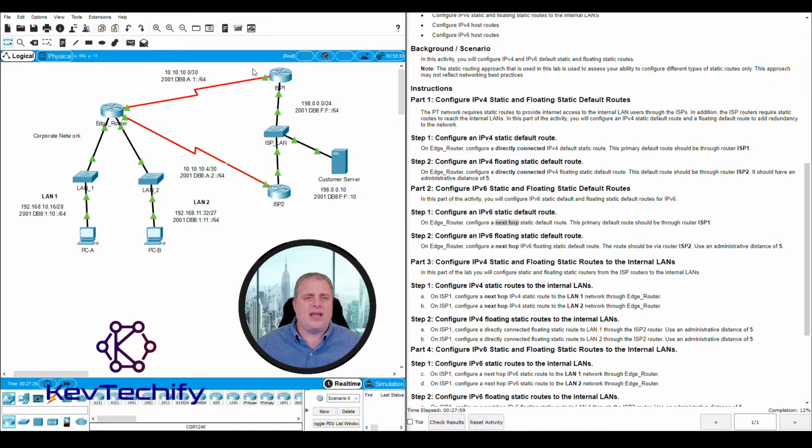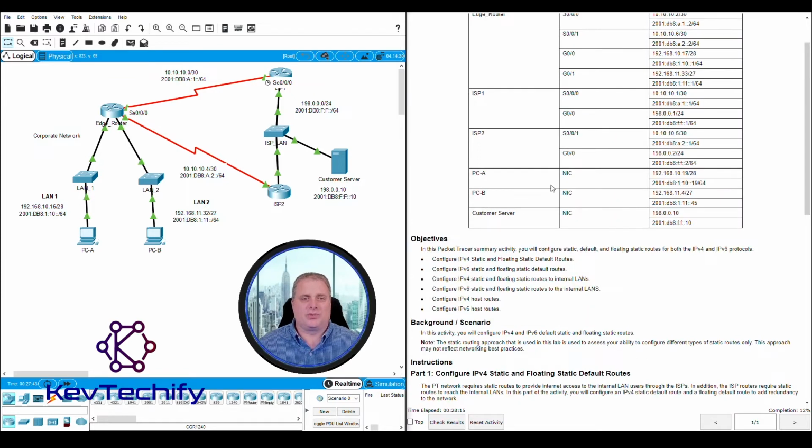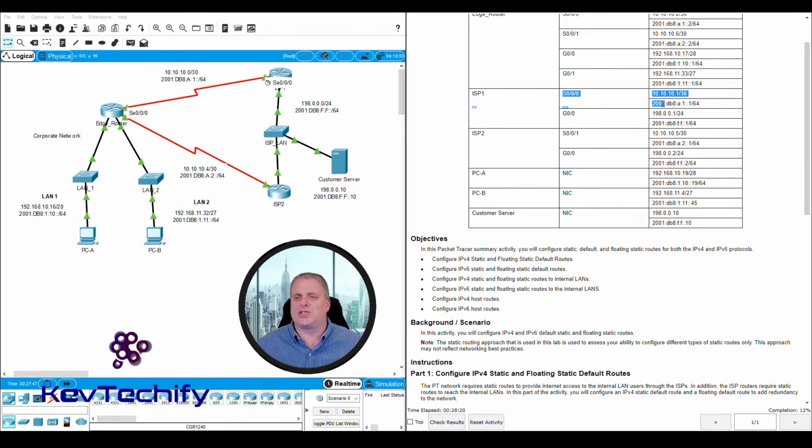The next hop IP address, this is the next hop IP address right here. This is what we're looking for. We're looking to set that up. And now we need to get that IP address. If we mouse over, we can see that this is the serial 000 interface. We scroll up to the ISP router, the serial 00 interface. IPv6 address is right here, 2001 DB8:A:1:1. We don't have to specify the prefix at the end, but we just need this full